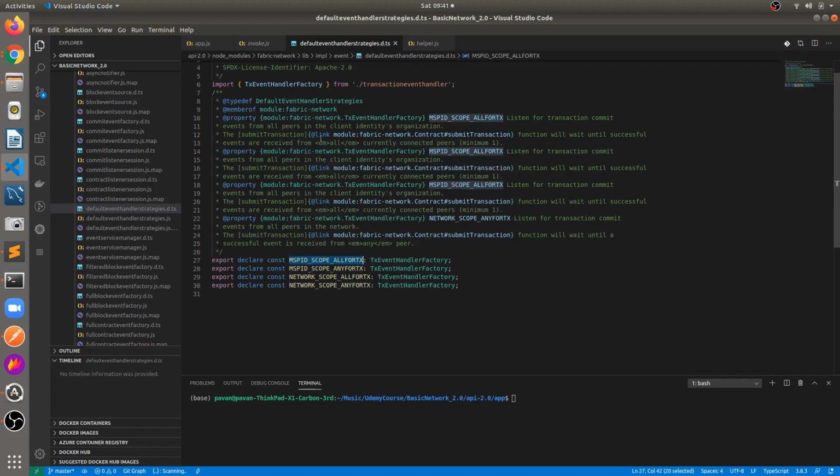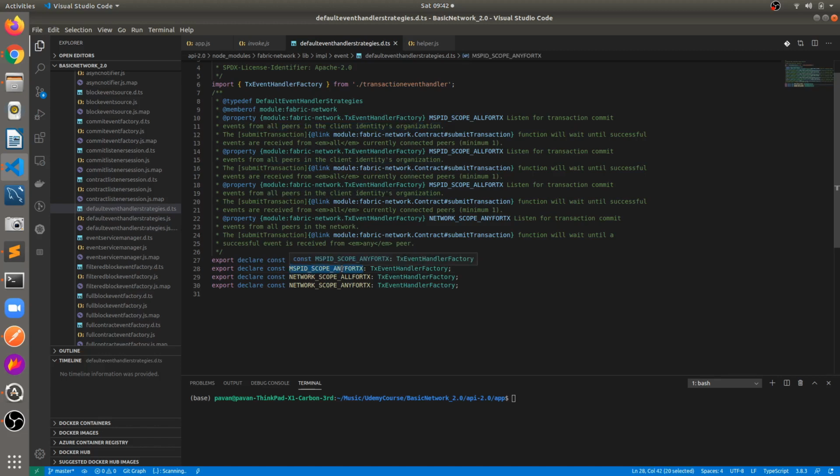Listen for the transaction commit event for all the peers in the client identity's organization. So if we provide this strategy, MSP scope for all transactions, it listens for the transaction commit events from all the peers in organization 1 only.